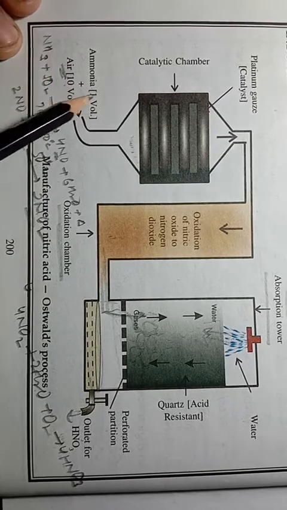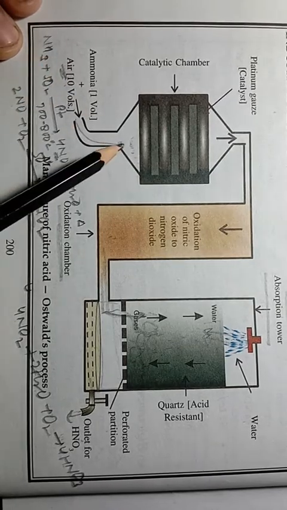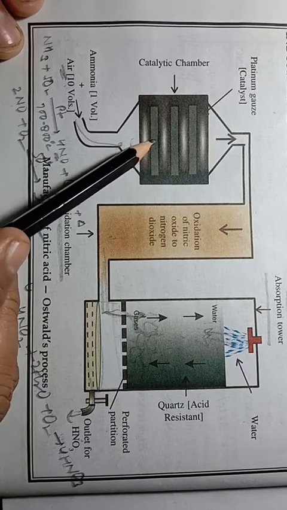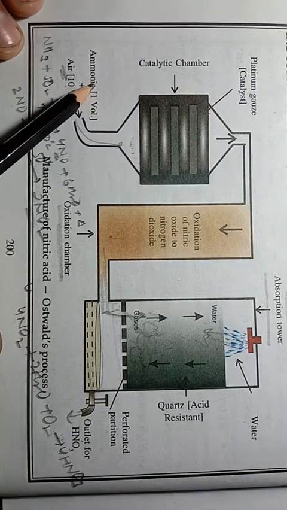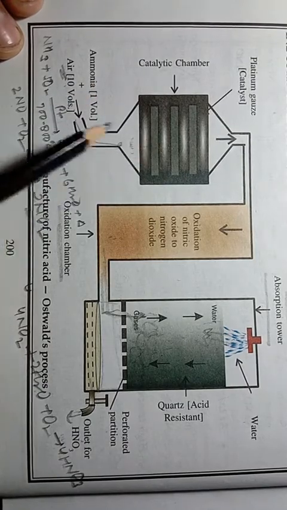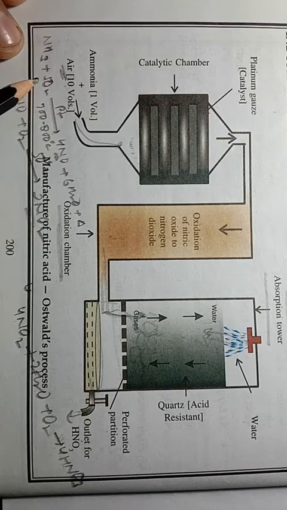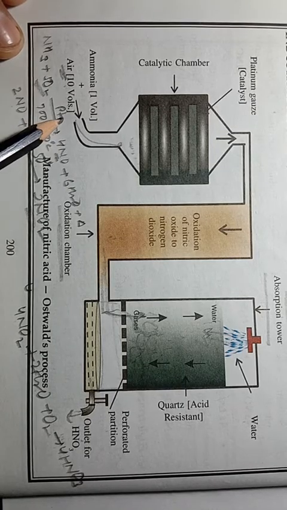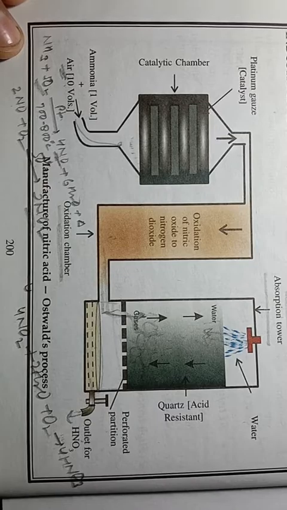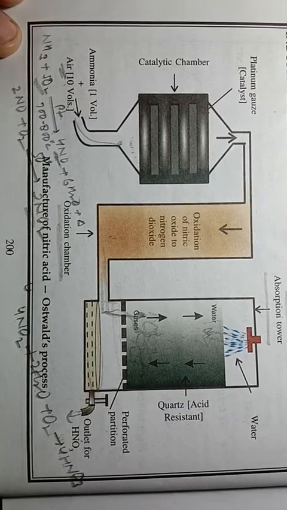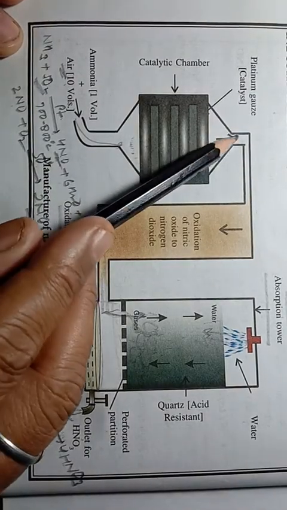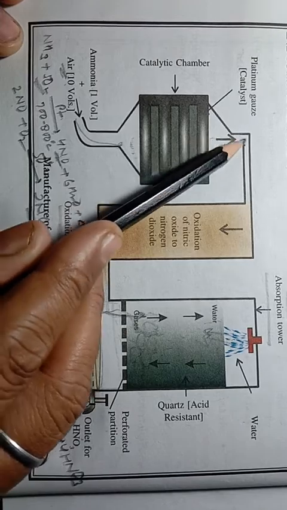This mixture is sent from here, and the ammonia present in the mixture gets oxidized in the presence of catalyst into nitric oxide, and this nitric oxide comes from the catalytic chamber to